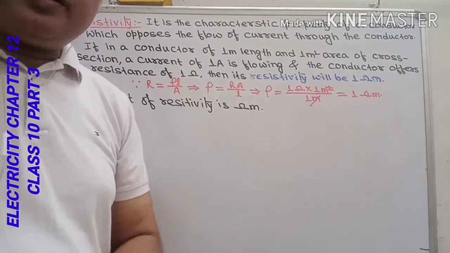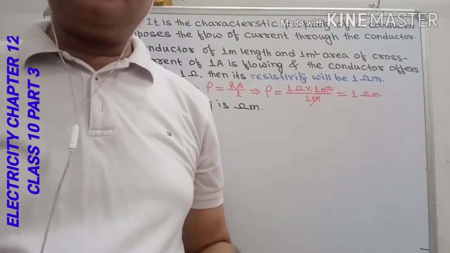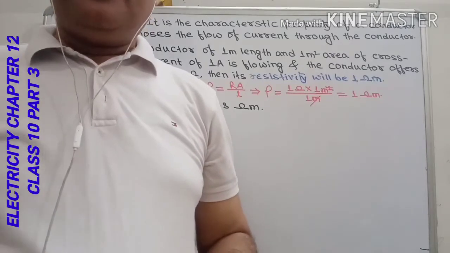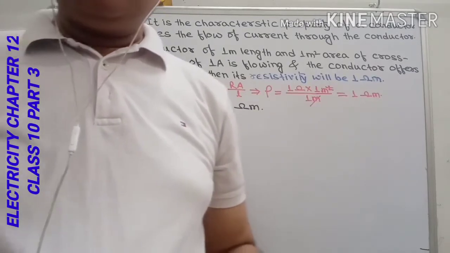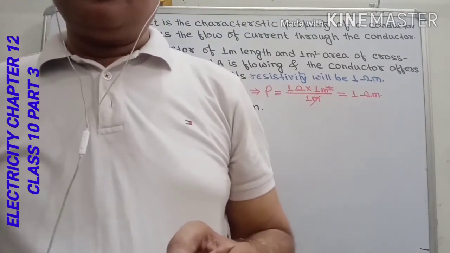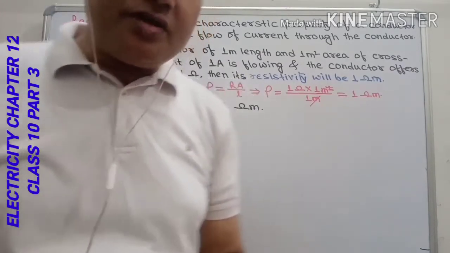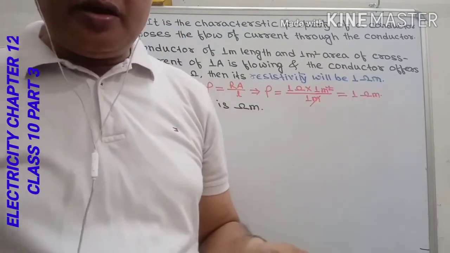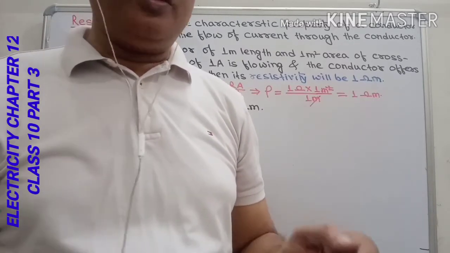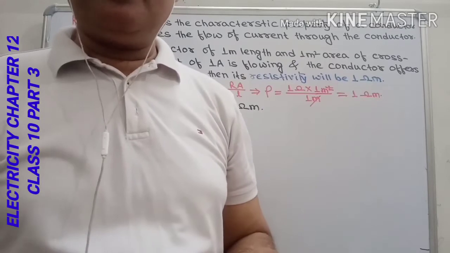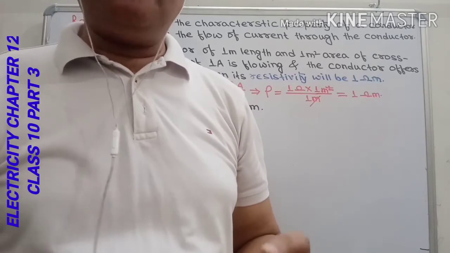Now we have observed that different elements have different resistivities and resistances. Metals have resistance, but alloys have more resistance. So in heating elements or heating devices, we generally use alloys. For example, in the electric iron, toaster, heater, etc., we use alloys because alloys have a high melting point and high resistance, so they get heated and do not melt easily.